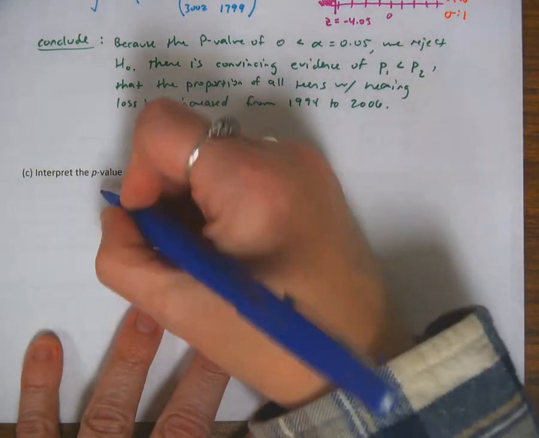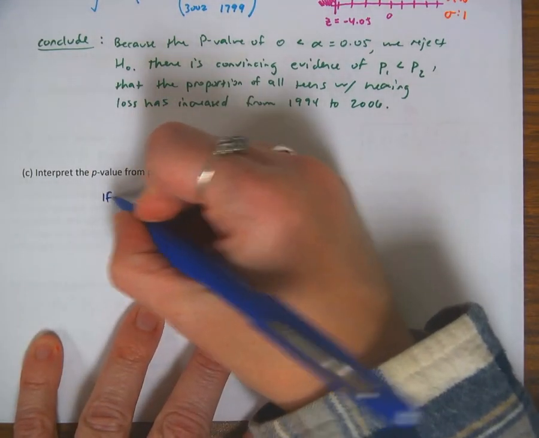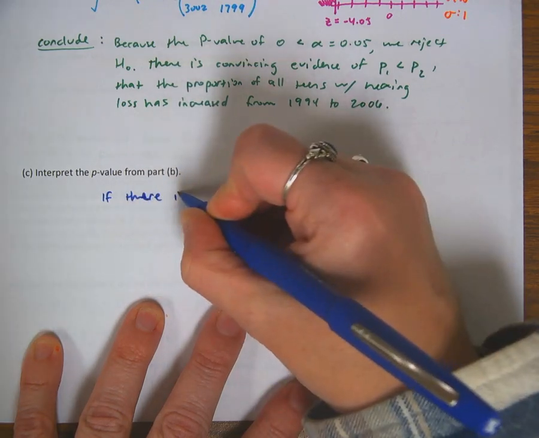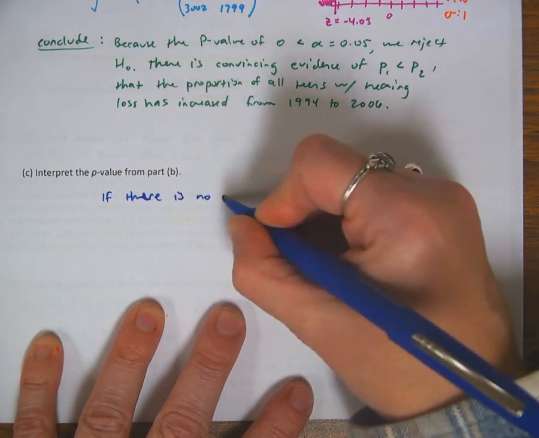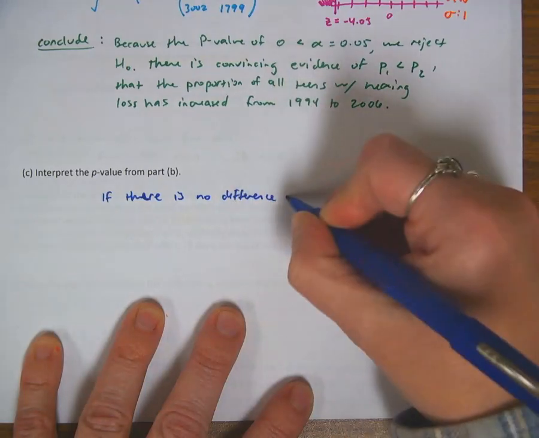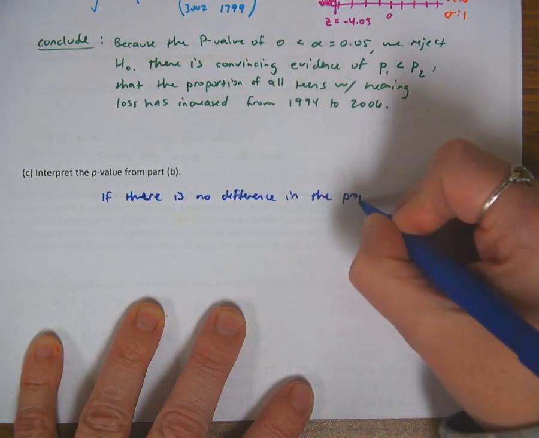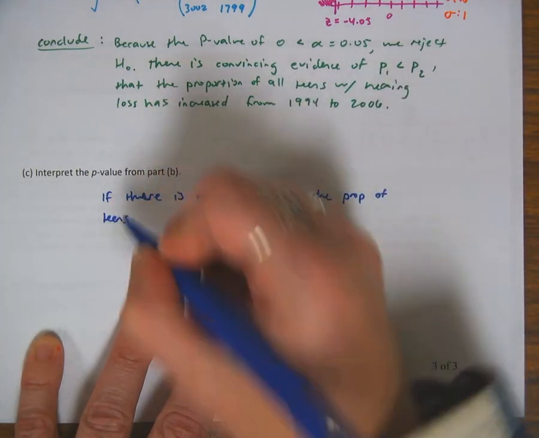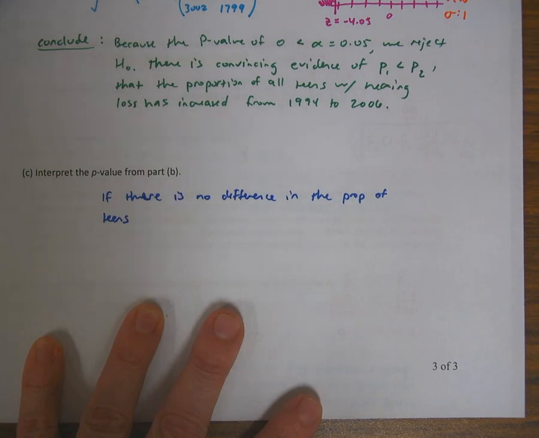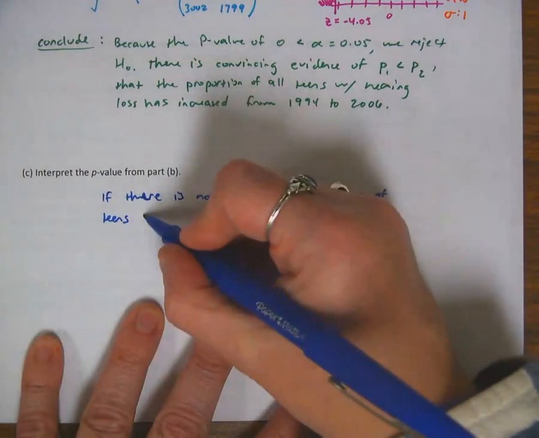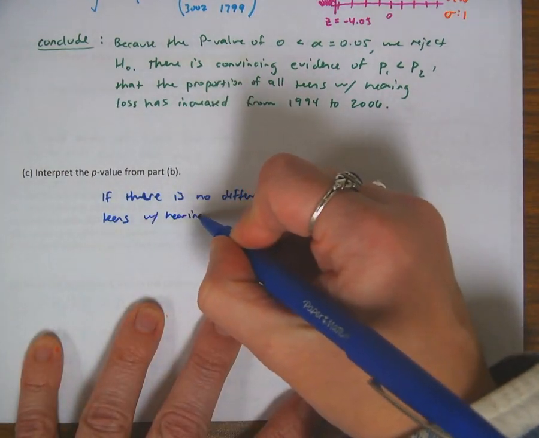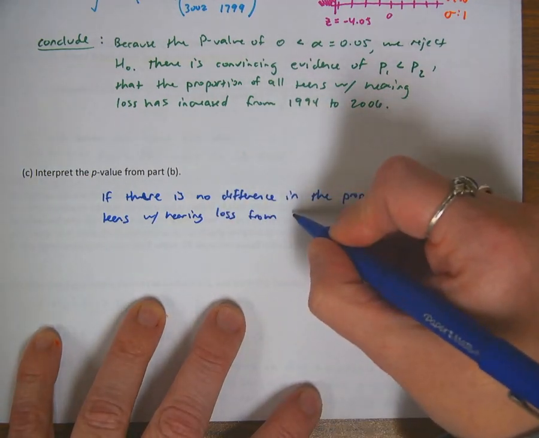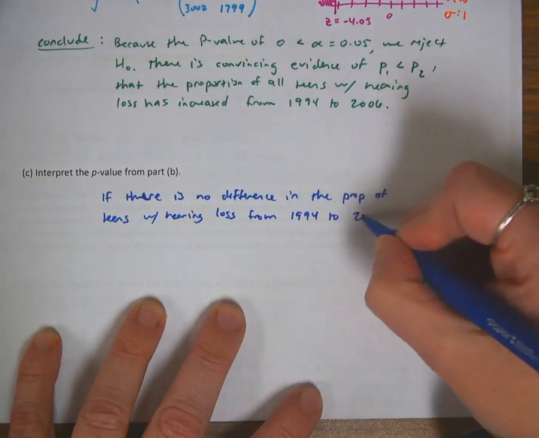So let's put, if there is no difference in the proportion of teens with hearing loss from 1994 to 2006,